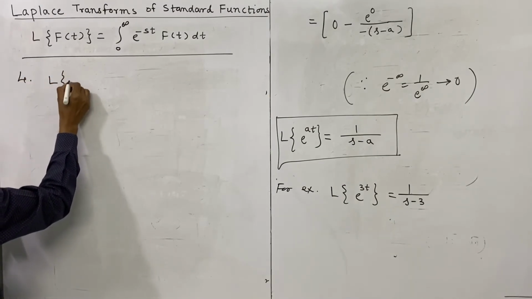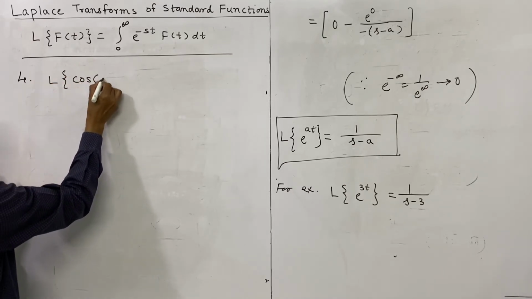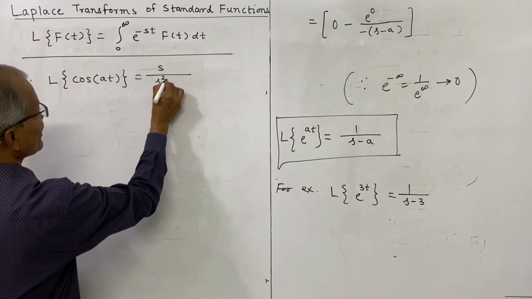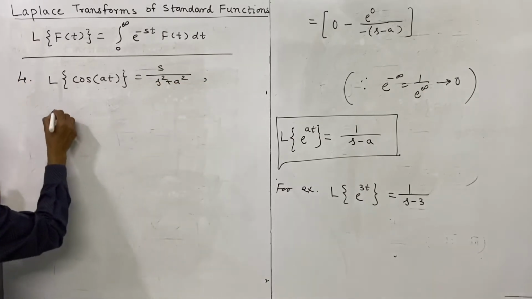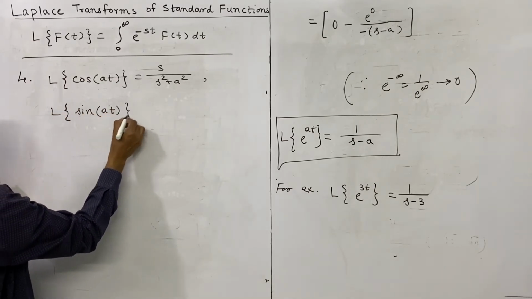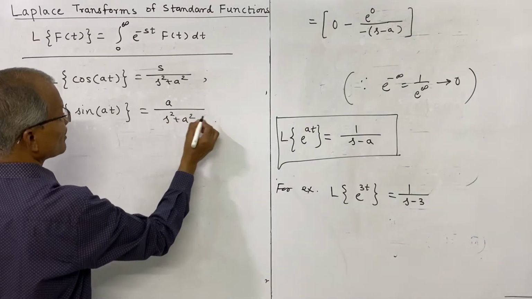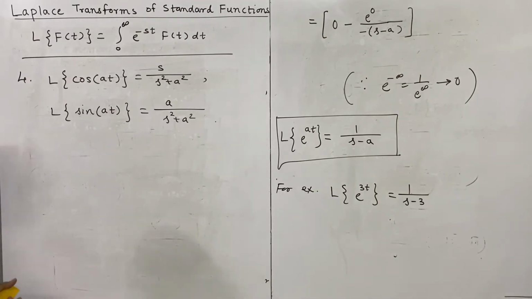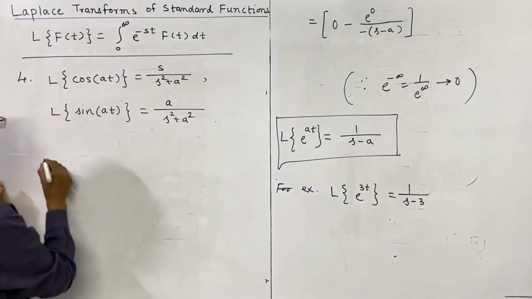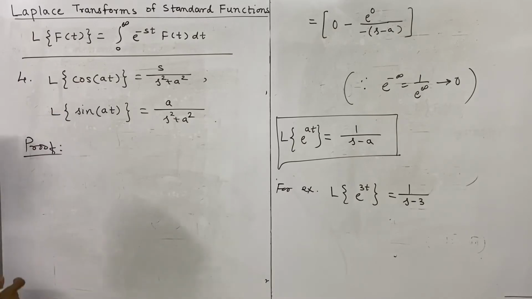Laplace transform of cos at is equal to s divided by s square plus a square, and Laplace transform of sin at is a divided by s square plus a square. These two results we shall prove simultaneously, and for this we shall consider an identity which is,